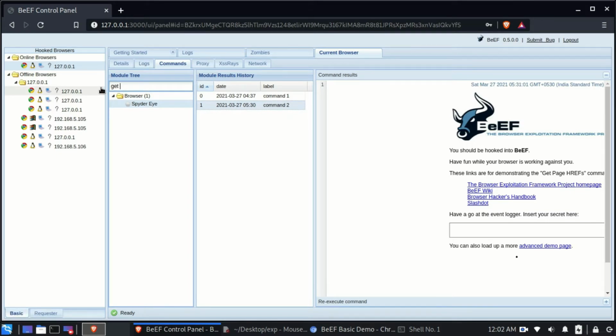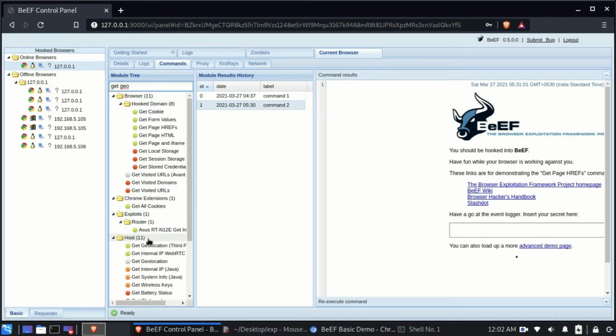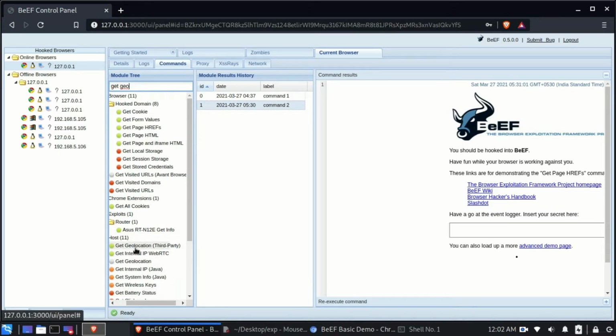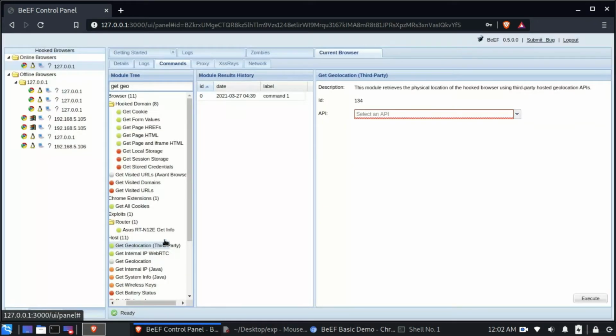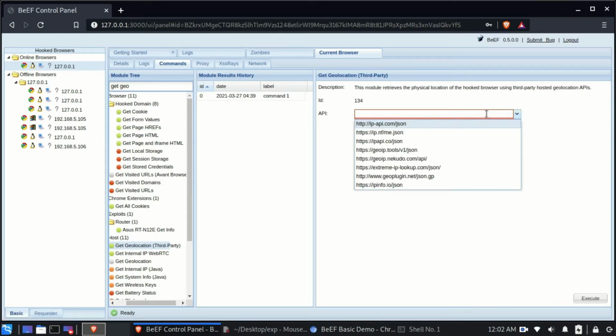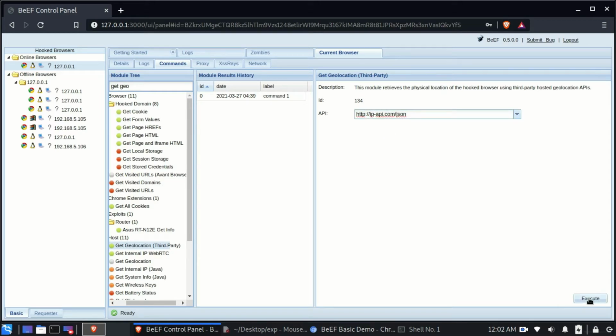So I will type get geo, and here as you can see, we have that option. We are going to use this one, which is get geolocation third party. Here we need to specify an API which we want to use. I will just use this first one, and as soon as I click on execute here, as you can see, the command has been executed.